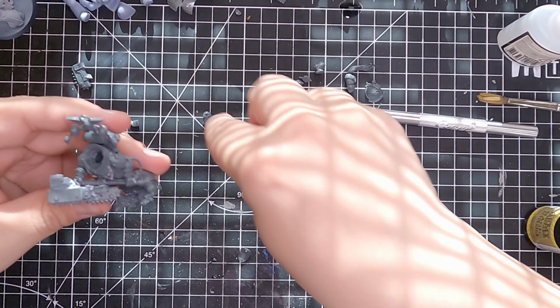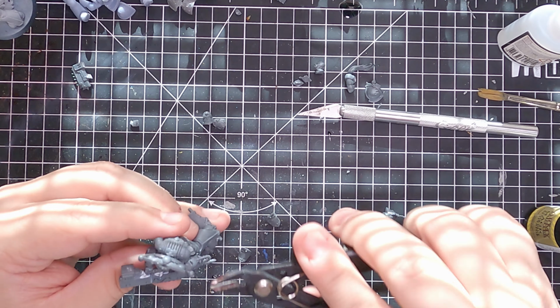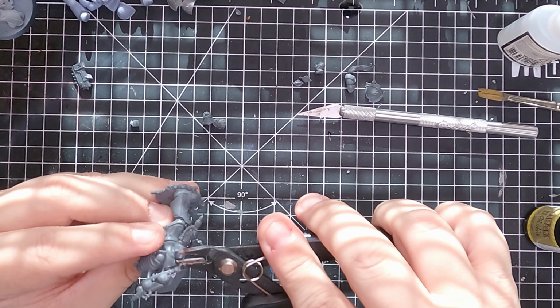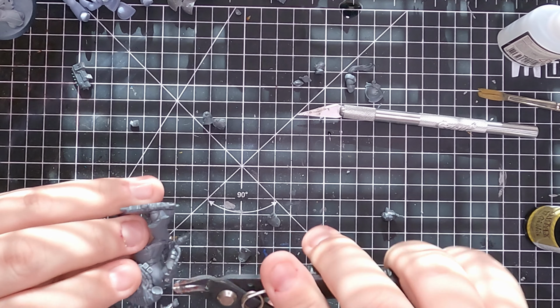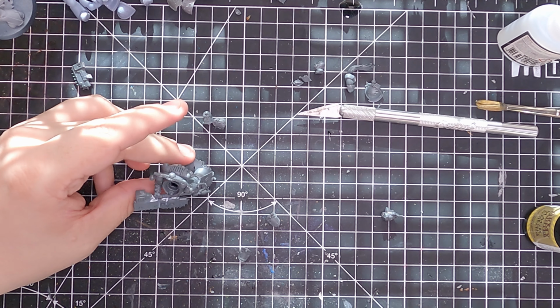There's also a thing with these kits. Don't be afraid to leave bits off, because quite often you get bits and pieces they're supposed to go on, and you can just leave them off. Now trimming off the shoulder pad. The capes. I leave the capes off of both of these guys. Capes are cool, but